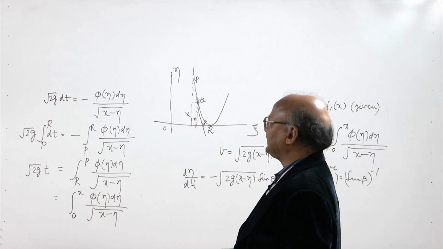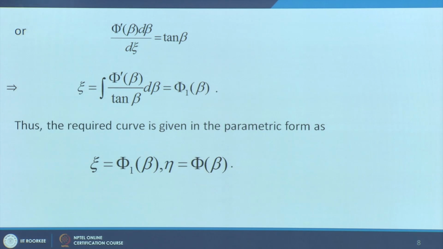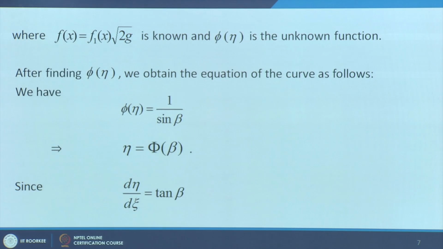So we can say that eta is a function of beta, and beta is the angle made by the tangent at the point Q with the xi axis. So we can say that d eta over d xi is equal to tan beta,